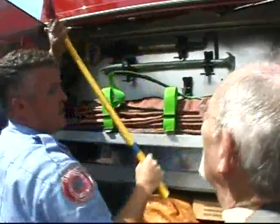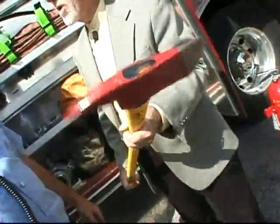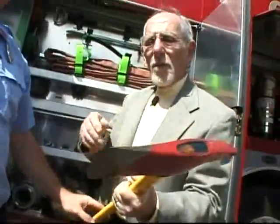Now, this old one here I've seen before. This is the old standby. This is the pick-headed axe. Firefighters have been using these for 100 years. Wow, that's heavy too. That's got to weigh 30, 40 pounds. Boy, you swing that and you've got...